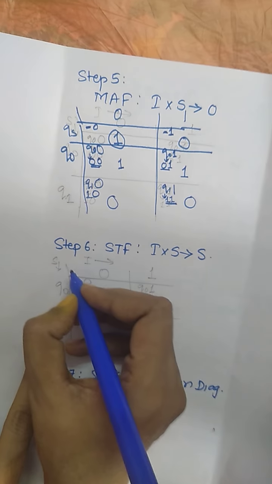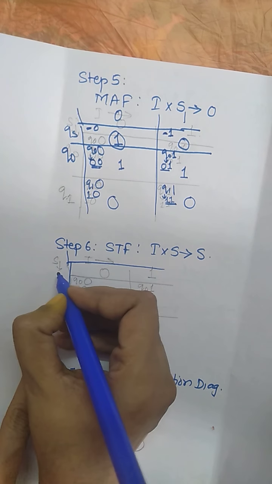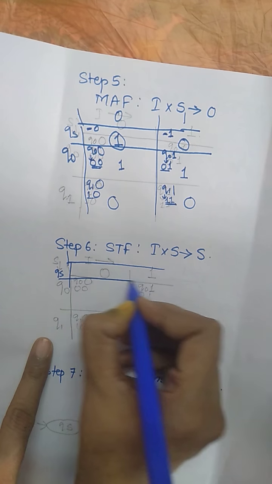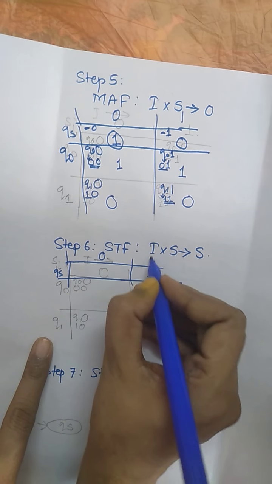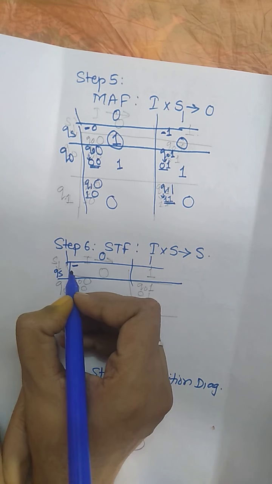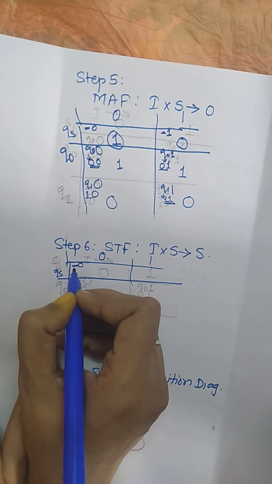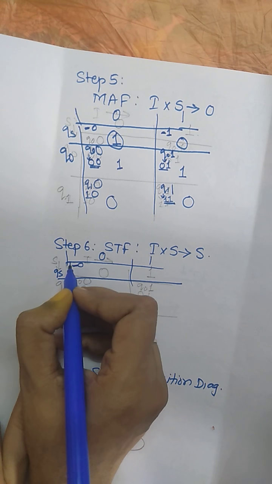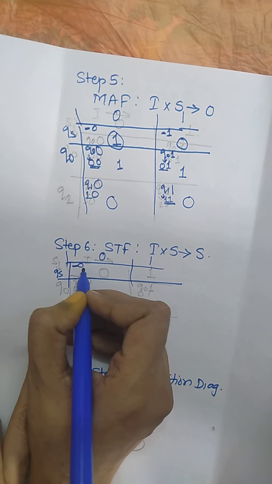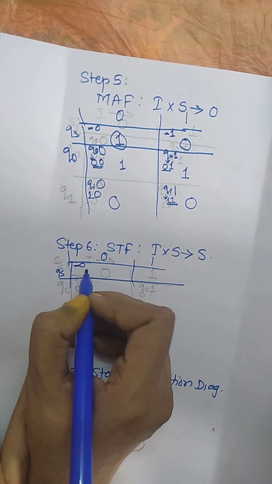Now the state function. So in the state function also, what we are going to do? We are going to add the QS state also. So here we have Q0, Q1. Now QS is nothing, no input, no output, with the next bit as 0. QS represents no string, no bit. So no bit with the next bit as 0 will make the string 0, which is the string starting with 0.